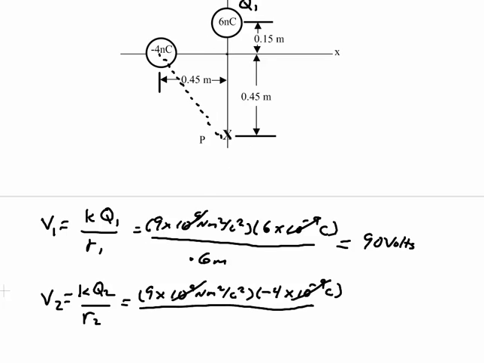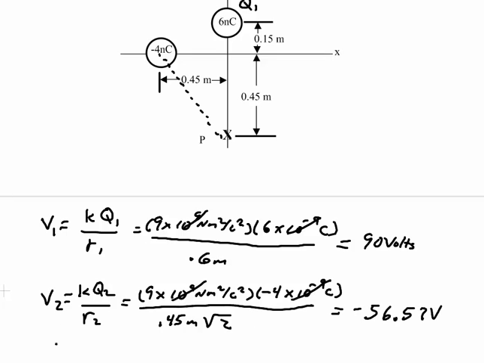Well, this is an isosceles triangle, 0.45 meters on each side, and the hypotenuse I know is the square root of 2 times that. If you don't know that, you have to use the Pythagorean theorem. So this is 0.45 meters times the square root of 2. And now, of course, I need to punch this into a calculator. So I have minus 36 divided by 0.45 divided by the square root of 2, and assuming I've done this right, I get minus 56.57